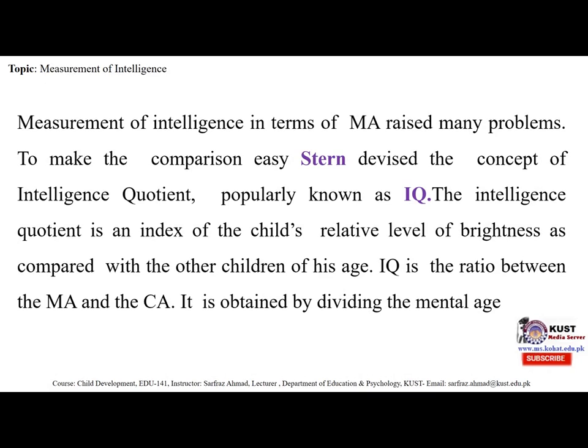Measurement of intelligence in terms of mental age raised many problems. To make the comparisons easy, Stern devised the concept of intelligence quotient, popularly known as IQ. The intelligence quotient is an index of the child's relative level of brightness as compared with other children of his age. So IQ is the ratio between the mental age and the chronological age. It is obtained by dividing the mental age